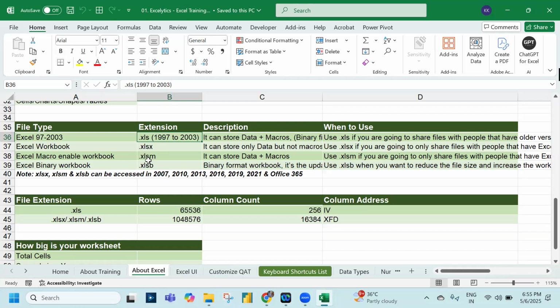available between 1997 to 2003. Very outdated one. If you see any file with .xls extension, consider that as an outdated one. Almost like 22 years ago, we used to have this up to the 2003 version of Excel. The speciality of XLS extension file is, though it is outdated, a little older one, it can store both data and macros. I'll explain what this word macro is shortly, but just understand that XLS extension can store both data